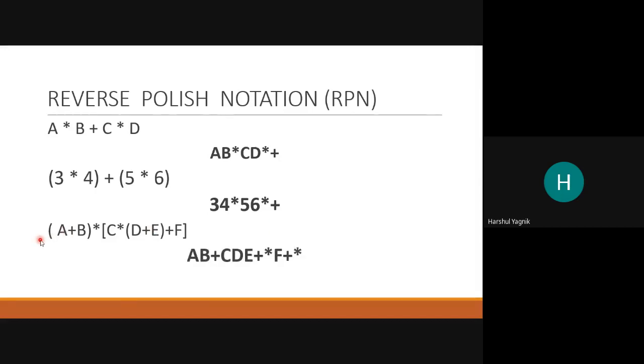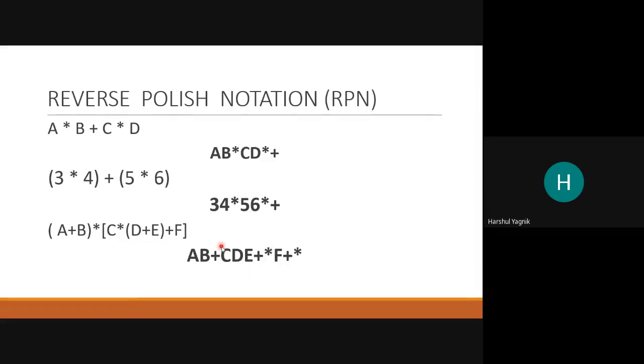First, starting from the left, there is a parenthesis present. So A and B are operands. What is the operator? Summation. Then again a parenthesis is there, so that parenthesis is executed first. In this parenthesis, what are the operands? C, D, E. But on that, what has to be done? First, D and E addition has to be done. So D and E addition is done, and then on the result, C and the result multiplication is there.